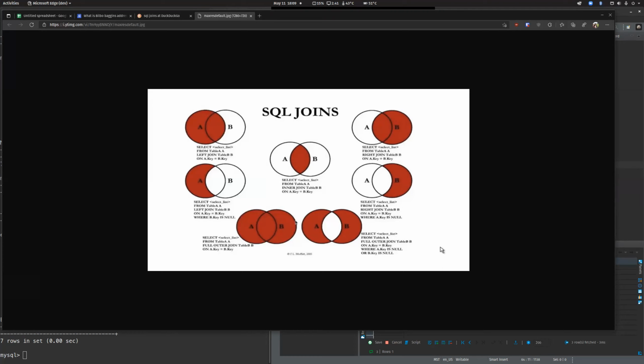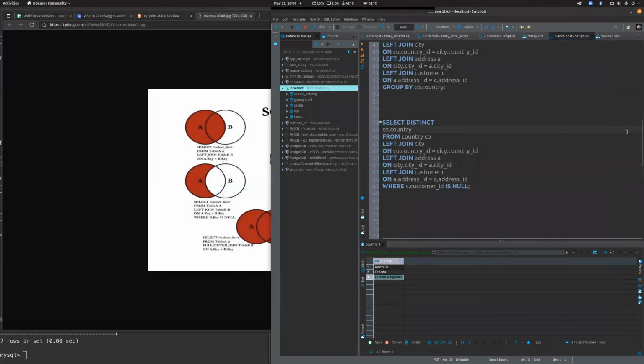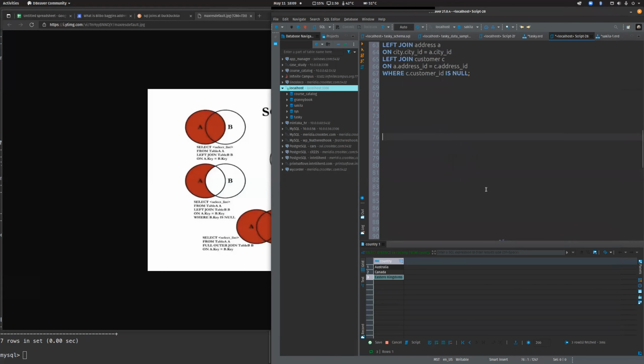Then there's a full join, which is I want all the data no matter what. And then there's one that says I just want non-matches on either side. And then the one that they actually don't show here is a cross join. What a cross join does is it multiplies the tables together, which is kind of complicated. So I'm going to make a fake table. So what I'm going to do is I'm just going to say select